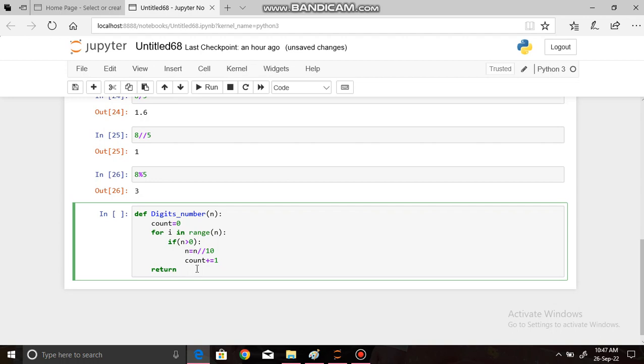So, return. Not printf, print. Return count, I am writing basically. Then I have to state some value before it, to show what it is. The print of value which